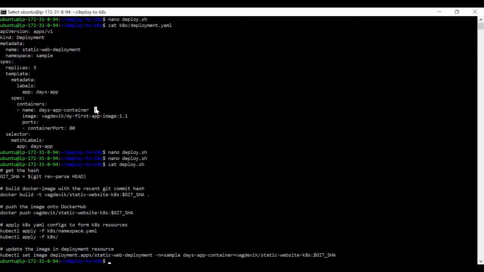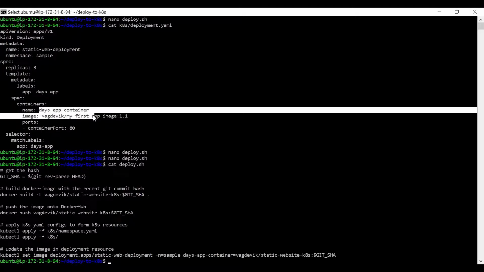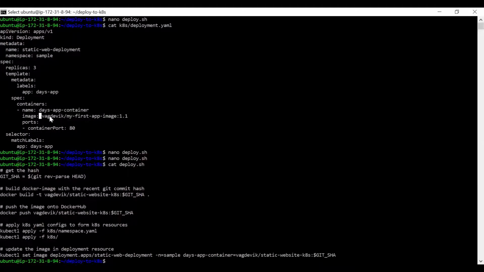All right, and in this deployment resource, this container will be running this image by default as per our configuration in this deployment.yaml file. But whenever the changes are made, we are building a new image based on the updated application every time.